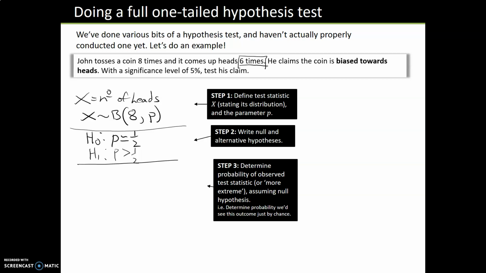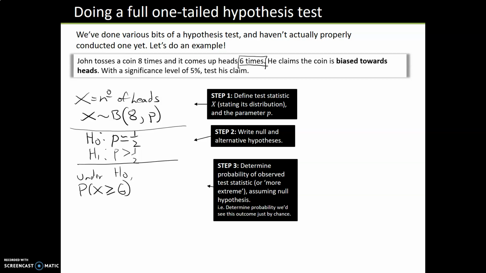So under H0, I am assuming the null hypothesis, because I'm assuming that the probability is a half, otherwise I wouldn't know how to work out the probability with an unknown p. So under that null hypothesis, the probability of X being bigger than or equal to